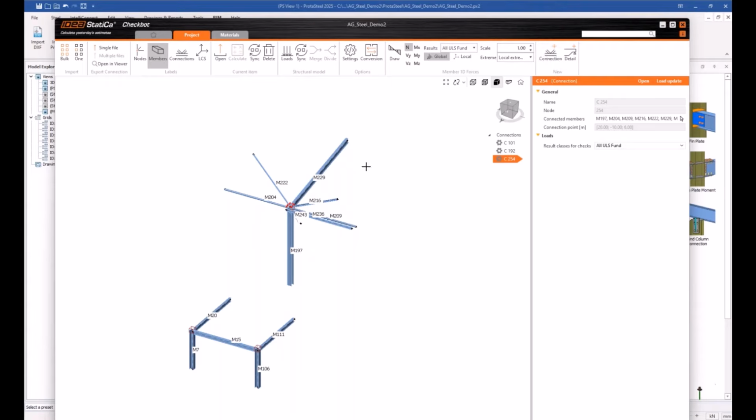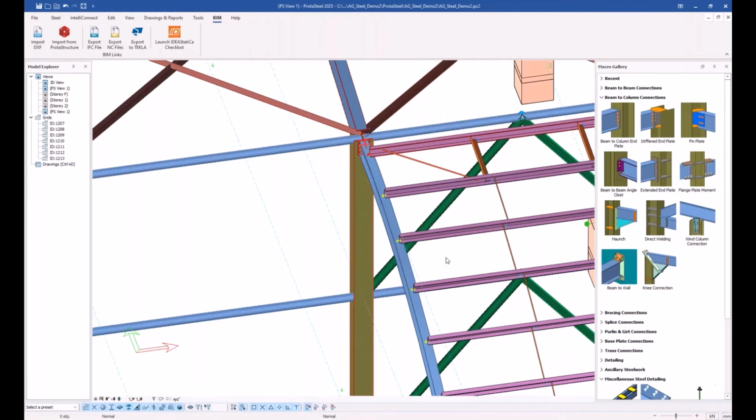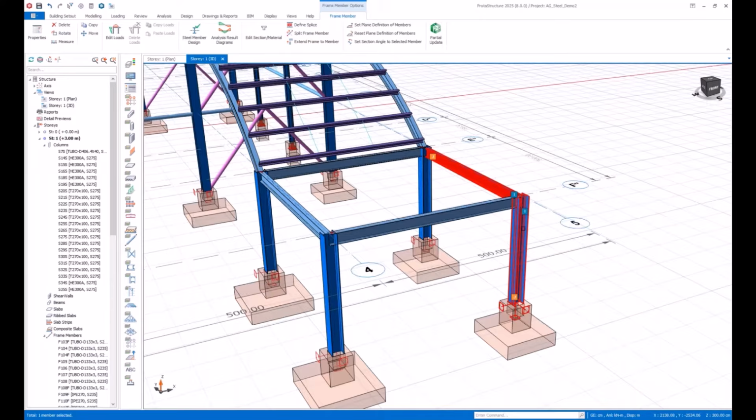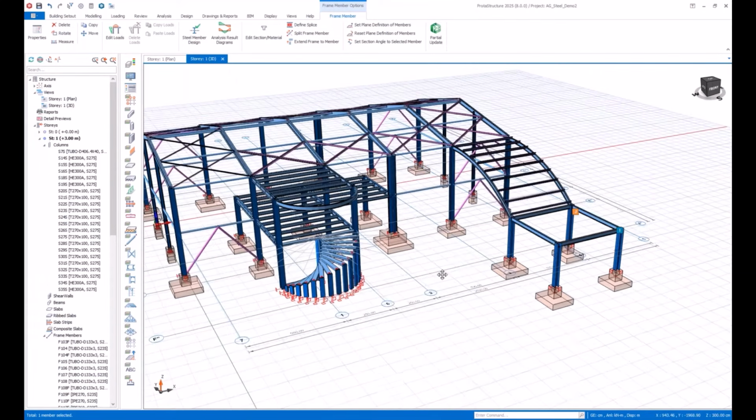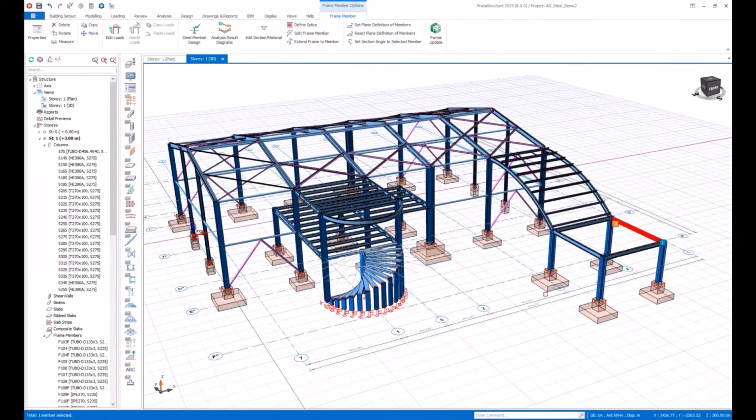As I already told you, we will be bringing the load transfer to IDEA Statica export link, and we are working on providing the whole model directly from Protostructure to IDEA Statica, so that if you want your connections to be designed based on the CBFEM method directly, you can use IDEA Statica and make your designs there and come back to Protosteel to detail your steel model.